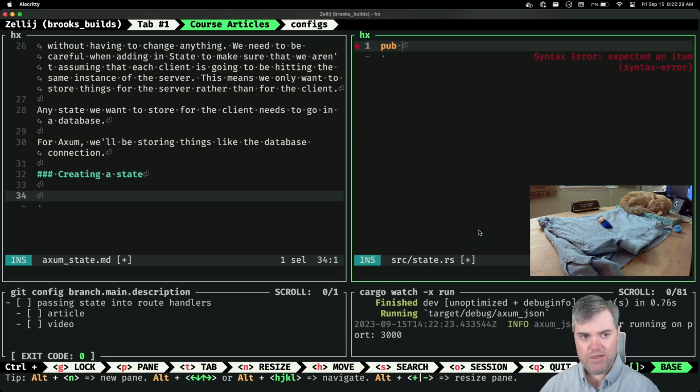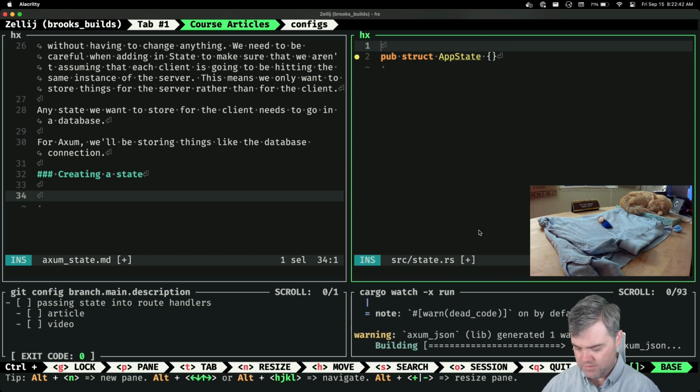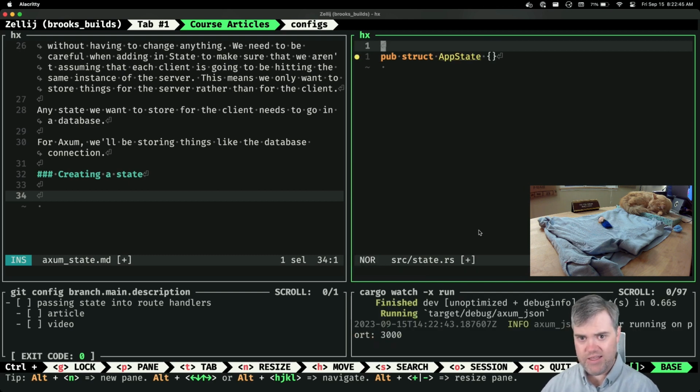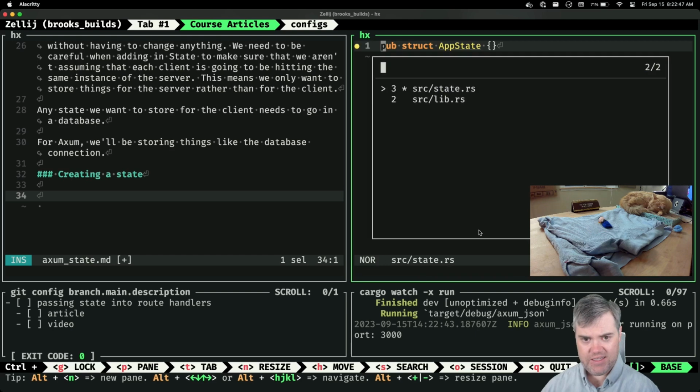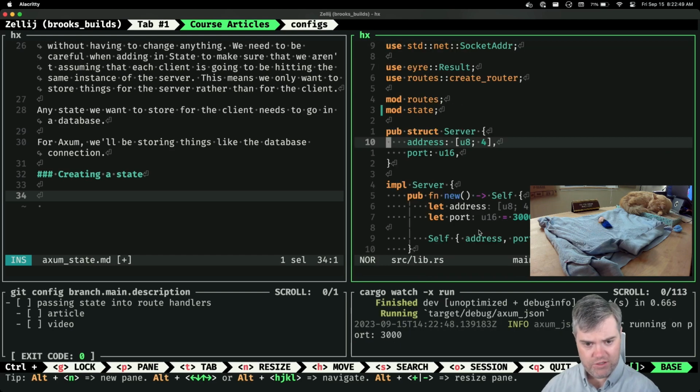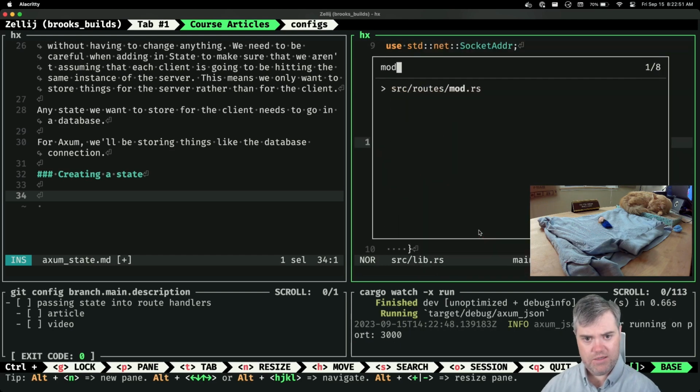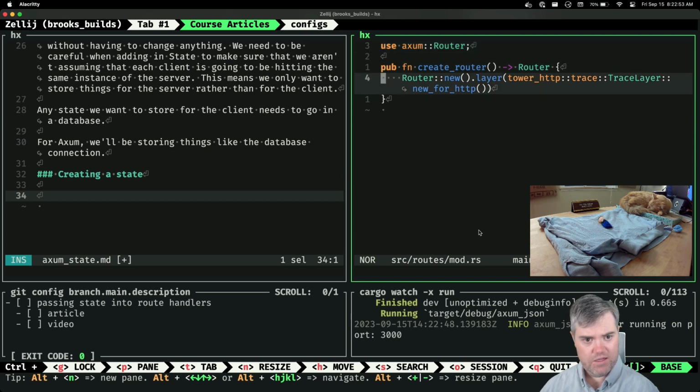Okay. All right. State, as far as I know, only needs to implement clone. And I think it'll yell at me if I don't do that. So let's go put you in here.